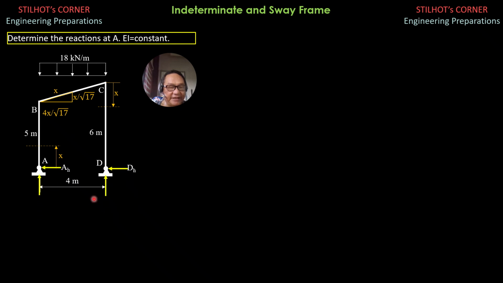So these are the sectioning, and we can have X here, then this, if this is X, then because the slope is 4 horizontal, 1 vertical, 6 minus 5 is 1, then this is 4x over square root of 17, x over square root of 17, and this is the last section here for this member CD. So the vertical component of reactions at A and D by symmetry of the loading is 36, or we use sum up moments about D. So 36 kilonewtons, A sub V equals D sub V, 36 kilonewtons.